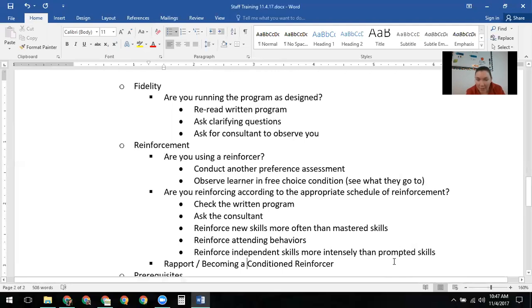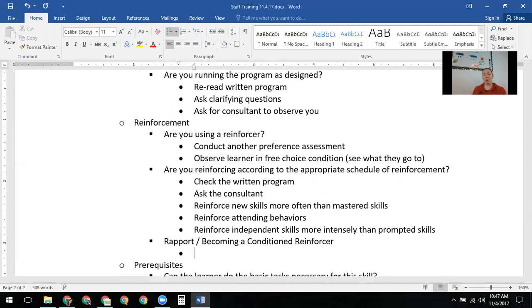And then the part that I meant to write but didn't write, you should be looking at yourself and working on becoming a conditioned reinforcer or building rapport. So I think we've gone over it with everybody, but the PRIDE rules: praising appropriate behavior, reflecting their vocalizations or their statements, imitating their play, so following their interest, describing, so not asking questions, but actually just describing and commenting and engaging with them. And then E, being enthusiastic or energetic, not too much,